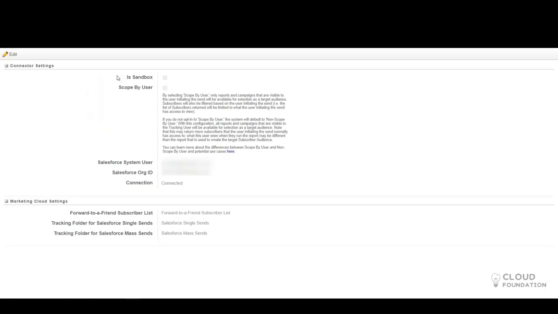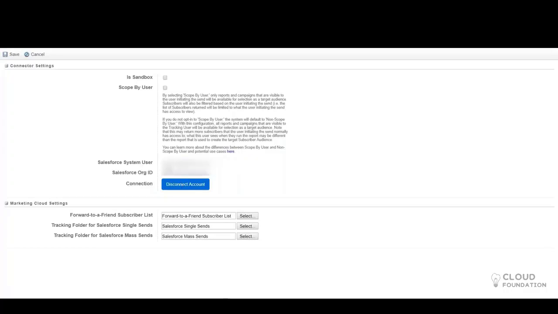So in the account, when you click on Salesforce integration, you can see, if you're connecting a sandbox, you can just click sandbox, and you can see this is a Salesforce org ID, and this is a connection, and you can see the status. If the connection is connected, you will see the status connected. And if you just click on edit, you can see, once you disconnect, you will have an option to connect again and select the Salesforce org ID.